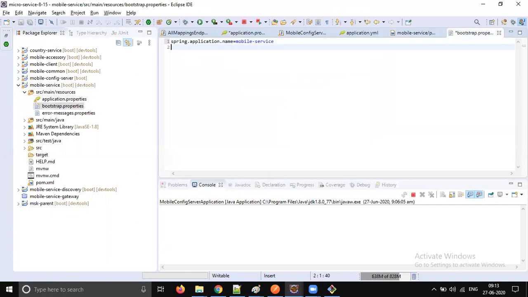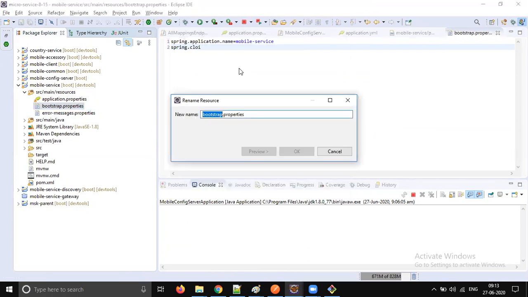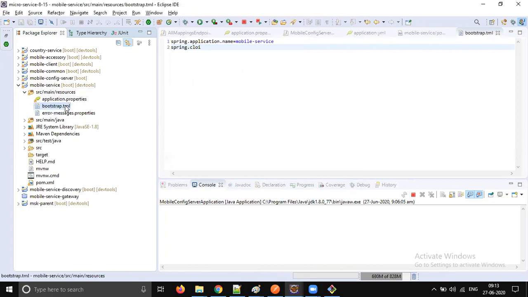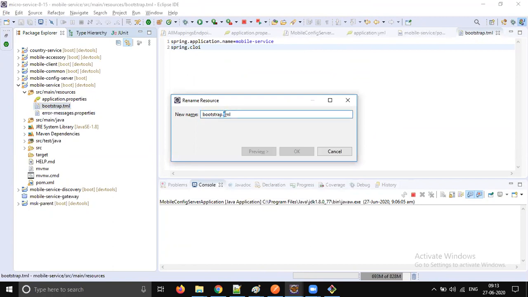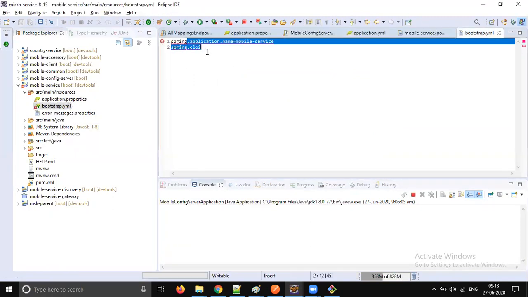And here we need to give one URL where the server is running, right? So Spring Cloud. Okay, we'll do one thing. Let's mark this as a YAML file. We thought to use YAML today. Sorry, not TML, it should be YAML, right? Yes, bootstrap.yaml. So let's remove this thing.